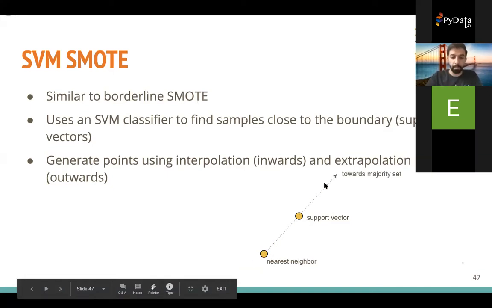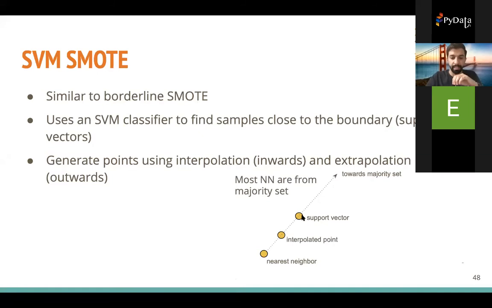This is the vector between them. And since this is the support vector, sorry, this is going to point towards the majority set. If most of the neighbors of the support vector are from the majority set, meaning that this is in the danger set, we interpolate, we add a new point inward. If most of the points are from the minority set, meaning this is a safe point, we extrapolate, we add a point outwards, more towards the majority set.